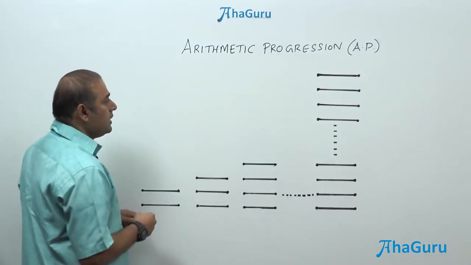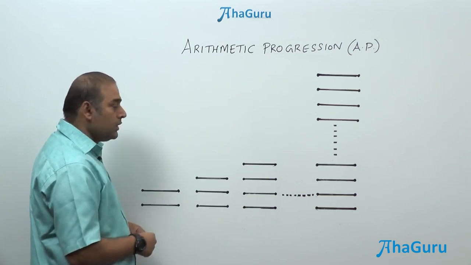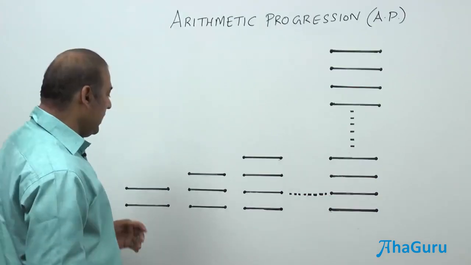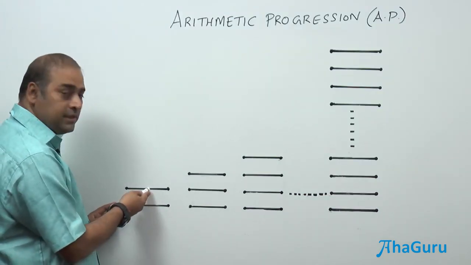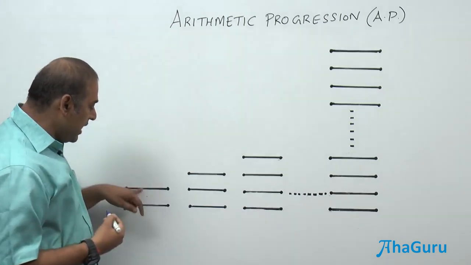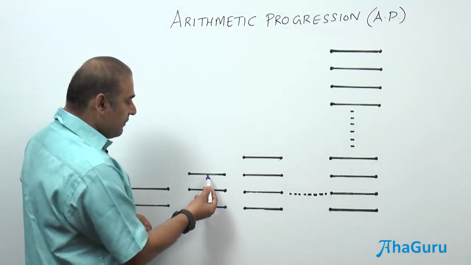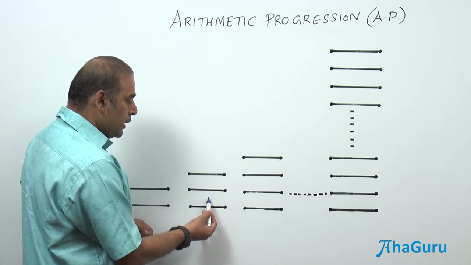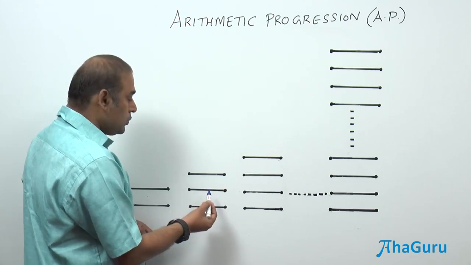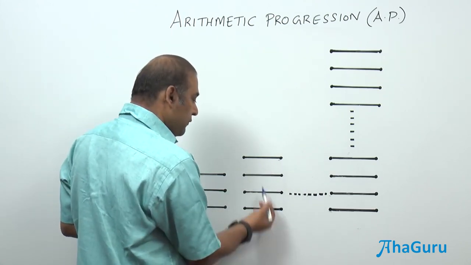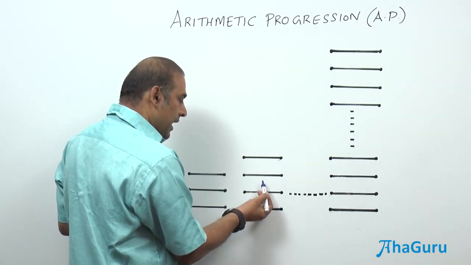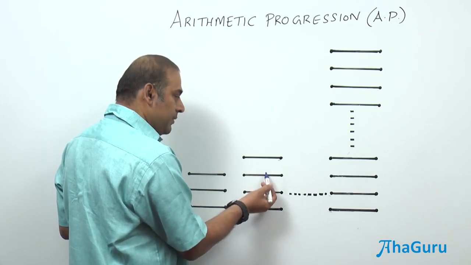So here you see this is like the window grills, right? From window grills we can realize the number of terms of an arithmetic progression. Let us take this first frame. You have two grills in the window and you can see there is only one gap. That is, when you have two grills you have one gap. When you have three window grills, you can see that there are two gaps: a gap between the first grill and the second, and between the second and the third. Again, if you have four window grills, then you have one gap between the first and the second, another between the second and the third, and another between the third and the fourth.